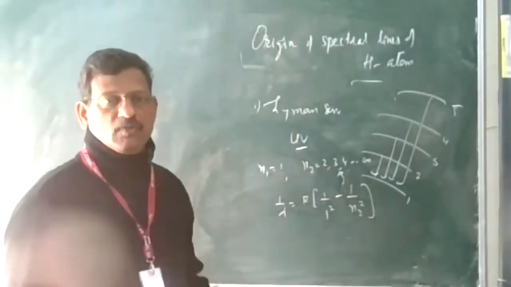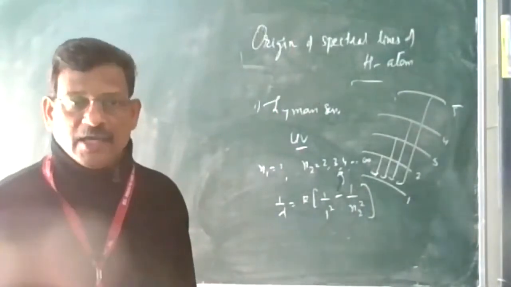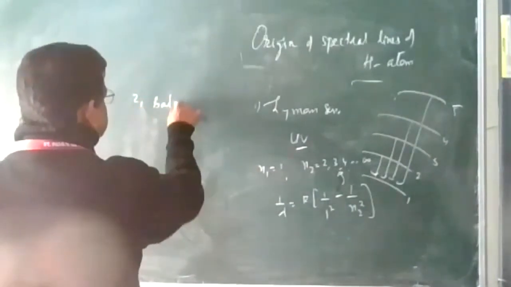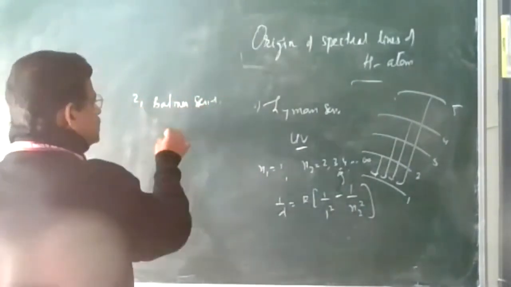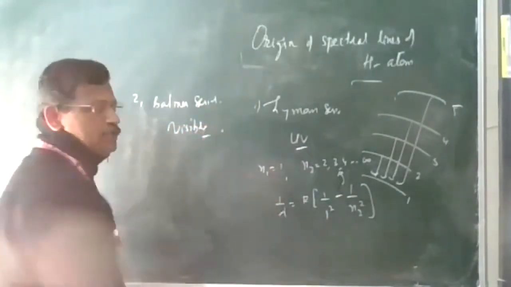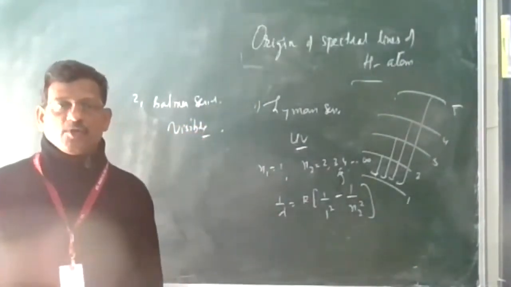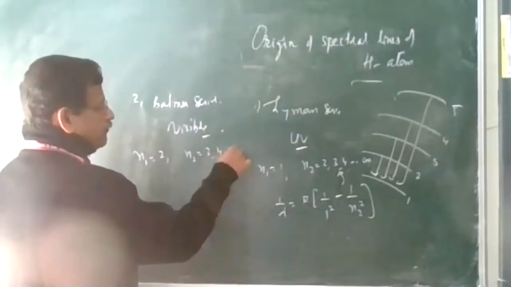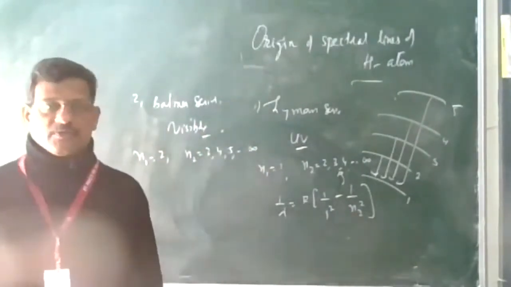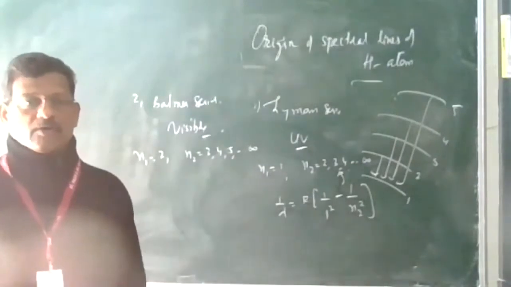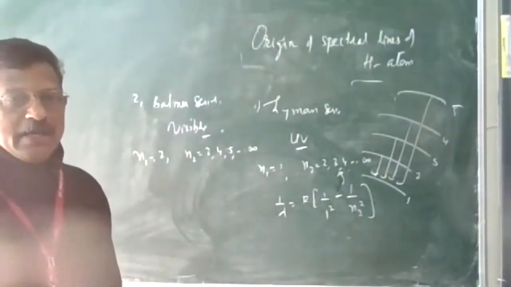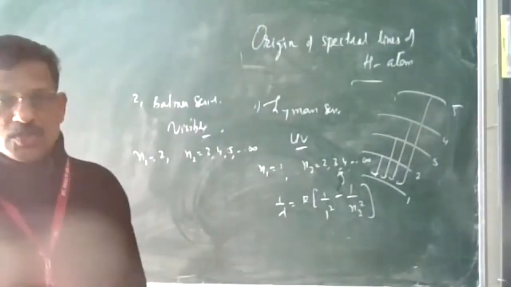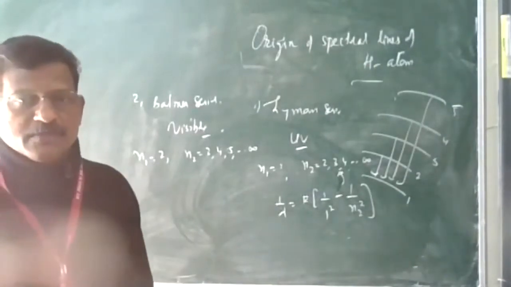So this is the first series, the Lyman series, which lies in the UV region. And the second series is the Balmer series. It lies in the visible region, a very important one, the visible region of the electromagnetic spectrum. This is obtained when an electron jumps to the second orbit from any outer orbit, 3, 4, 5, etc. So we get a set of wavelengths and they come in the visible region. So remember, this is the Balmer series, the second series.